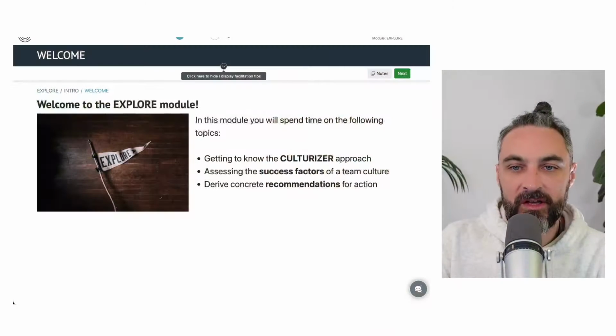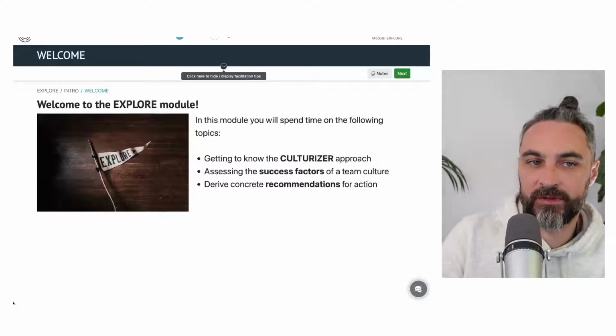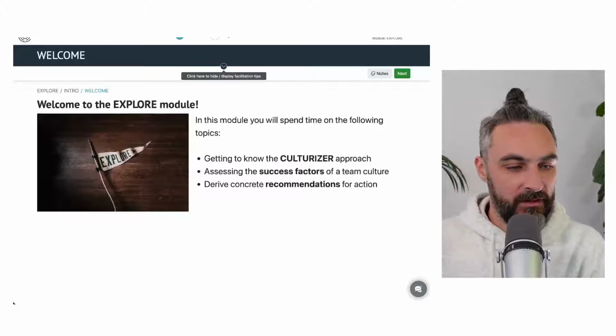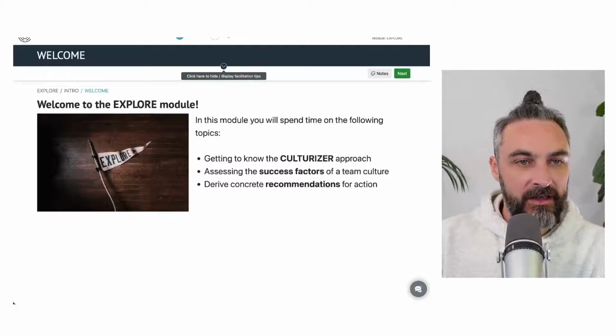We already talked so much about workshop modules. Now I want to give you a deep dive into one of our workshop modules, Culturizer Explore, which is the starting point for many teams. And what you will see right now is the main screen. The main screen will be displayed by the team lead, and